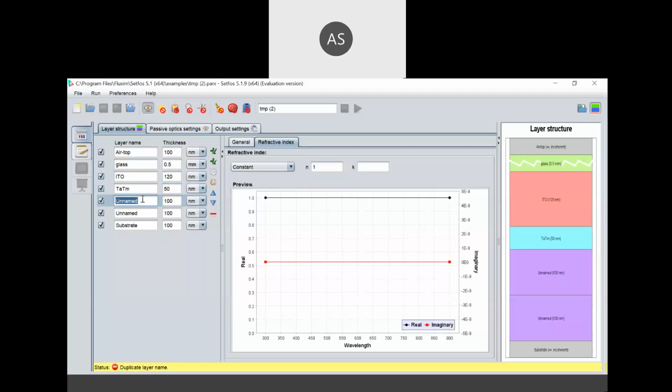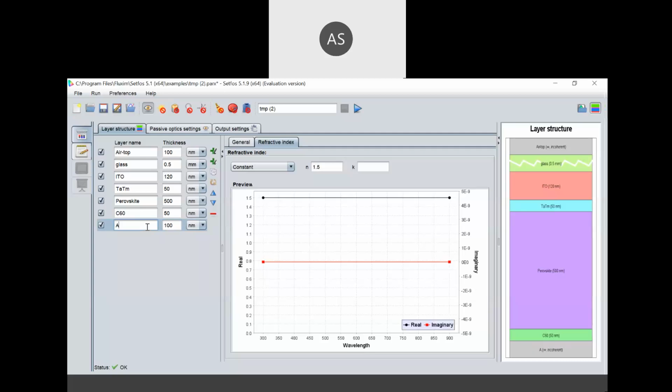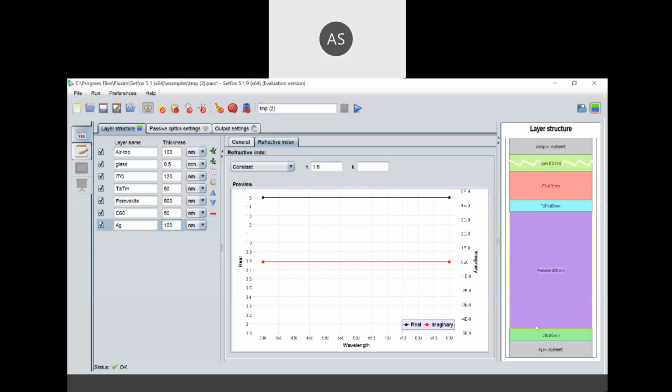The next one, suppose you take a perovskite layer. You can define the perovskite layer thickness in the user interface. And then again there is a C60 layer, that is the bottom electrode we can say, and we can define the thickness. And then define the silver layer, and this is the unit. So each layer has a different distinct name, and on the right of the screen you can find the layer structure accordingly. Whatever thickness or material you use, that naming information you can check on the right of the screen.